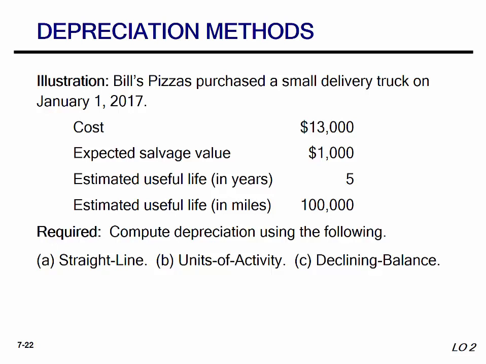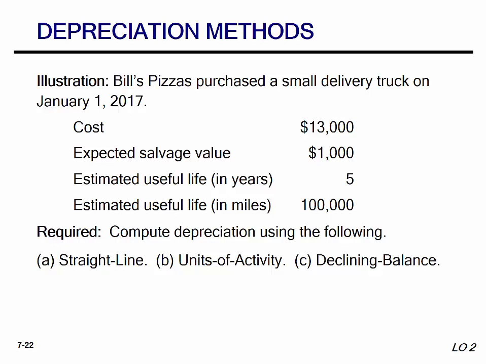We are going to calculate depreciable cost by taking the historical cost and subtracting salvage value from it to get depreciable cost. So on this particular one, historical cost of $13,000 minus $1,000 in salvage value equals depreciable